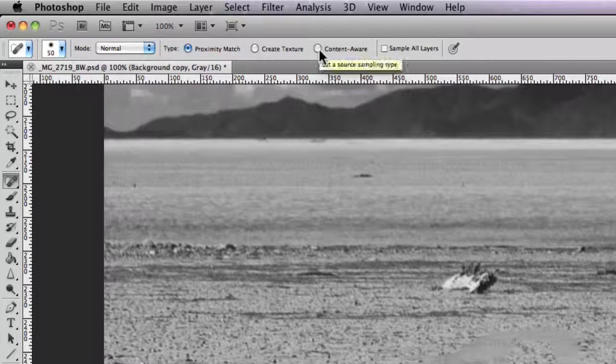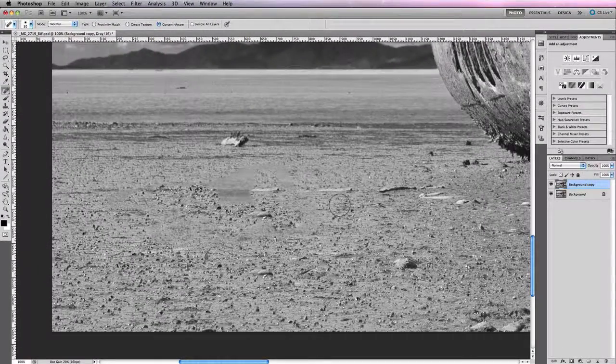So this is the second place that you'll find Content Aware, and it'll do a similar job, but obviously for a smaller area, just by clicking, making a rough brush size around the area you want to affect, and then making one simple click has gone ahead and removed that particular